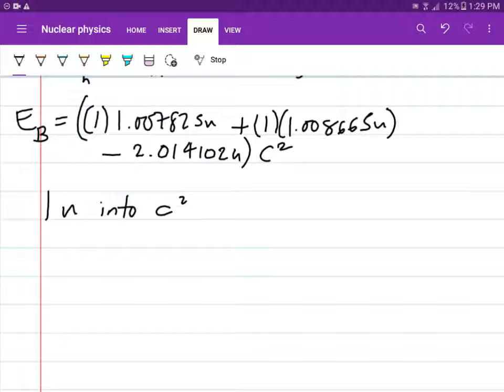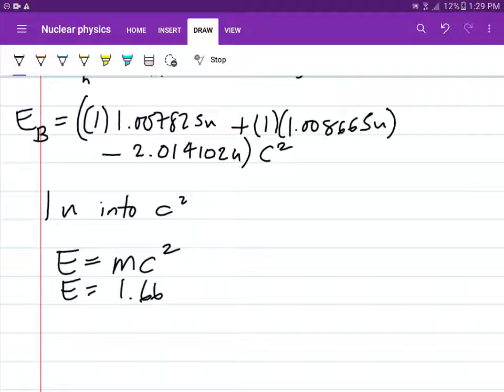How much does 1 U equate to? We have E equals m c squared, and 1 U is about